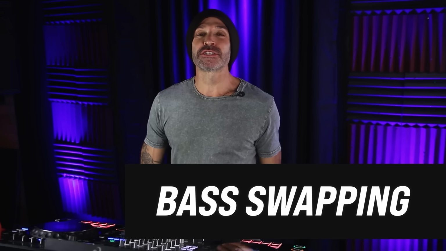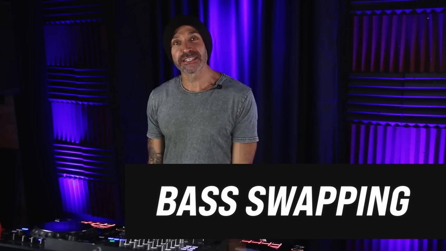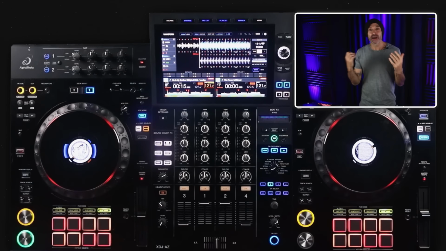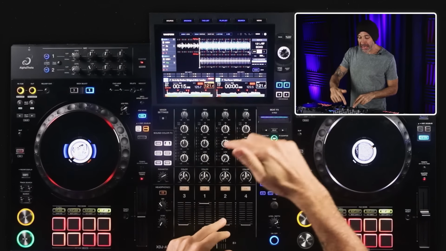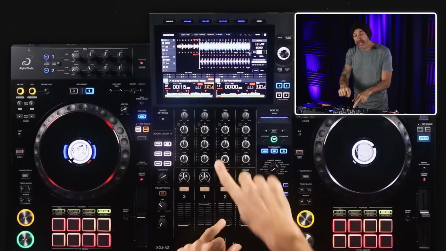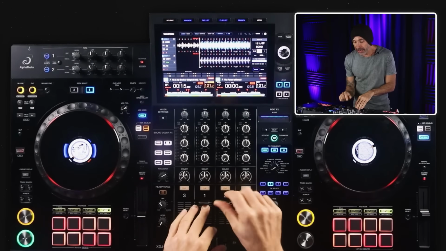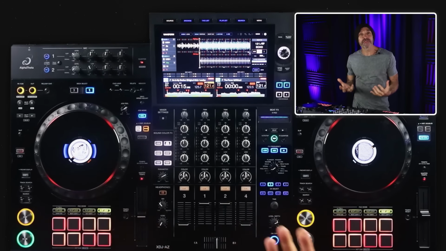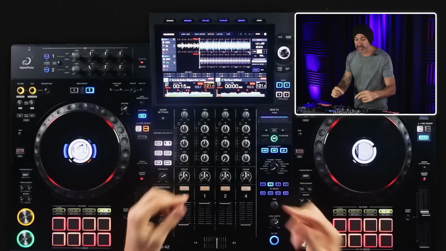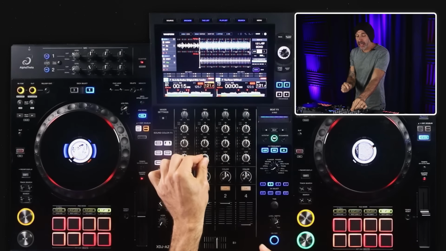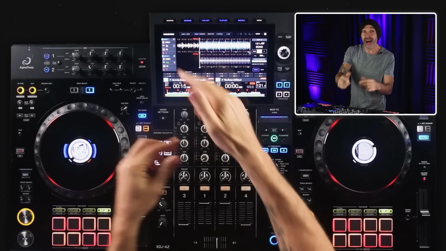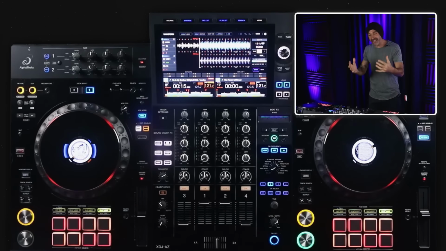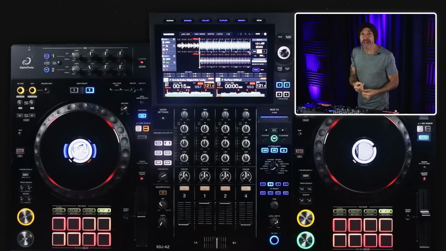Okay, everyone starts with bass swapping, and for good reason. Swapping the basses controls which track dominates the mix. So here's how it works. You start by reducing the bass of the song you're going to bring in. So that means when you bring the volume in, this new track's sitting in the background. Okay, then when you're ready, you can swap the basses, and what that does is it makes your new song dominant and puts your other one in the background. Now, ideally, you want to time that bass swap so a new part of your song kicks in and you're